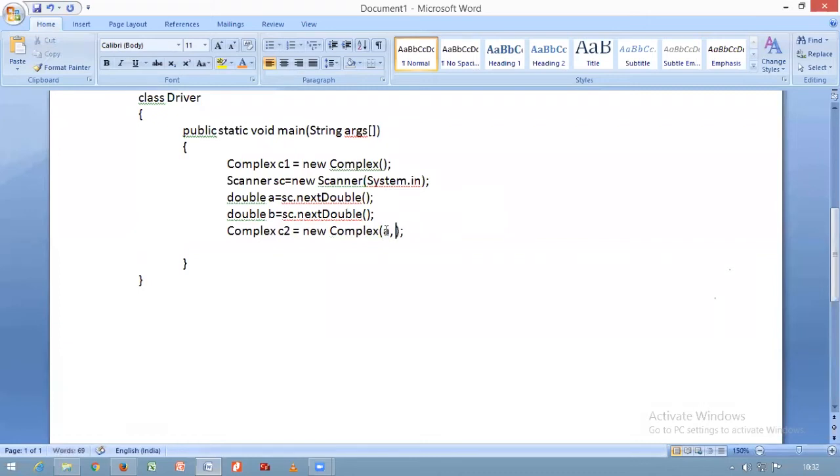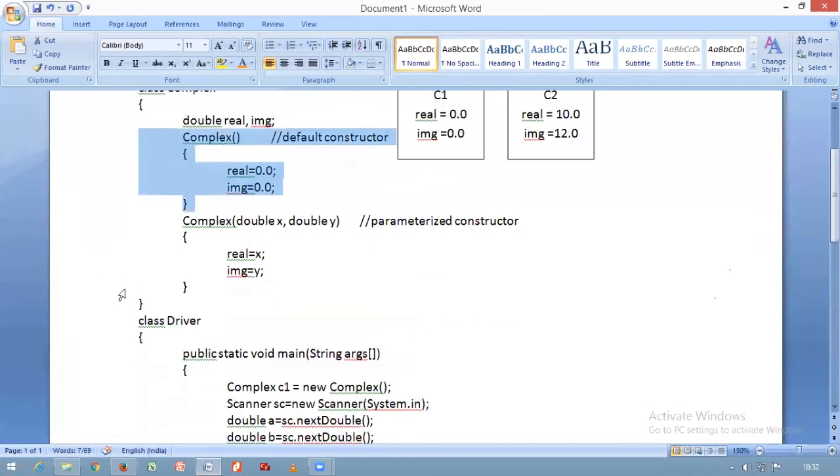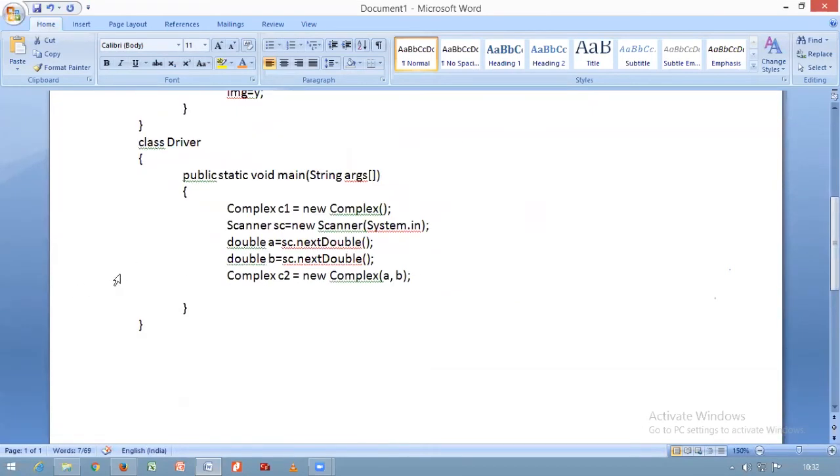A comma B. Here I am creating C1 object without passing any parameters. The default values will be 0.0, 0.0 as it executes the default constructor. And here I am creating a C2 object by passing A comma B as parameters. What value does C2 contain? The values depend on the user input. Whatever the user is supplying, those values will be there in real and imaginary.